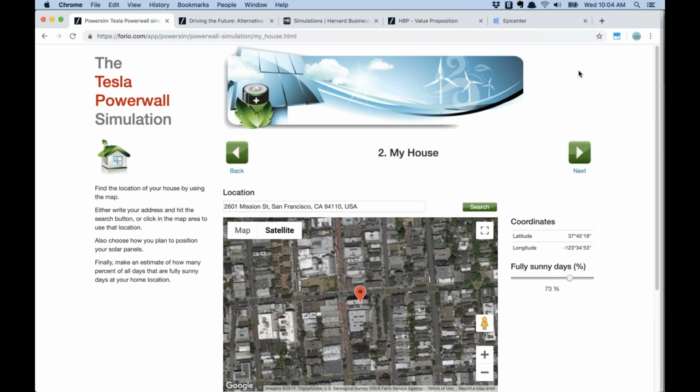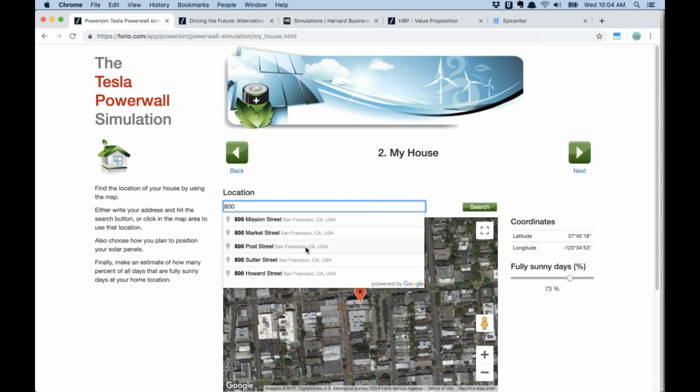And then the next piece of this is trying to locate where your house is and set the latitude. And latitude influences the amount of energy that you're going to get from solar panels on your roof over time. So what's nice about this tool is that it comes up with a location. So I can put in other locations here. Let me think of a good location in San Francisco. We're in San Francisco right now, so that's why we're seeing this map. But if I put in,